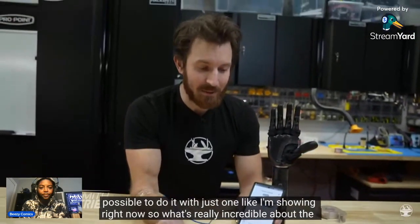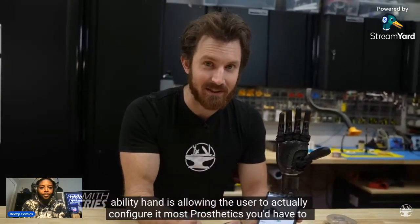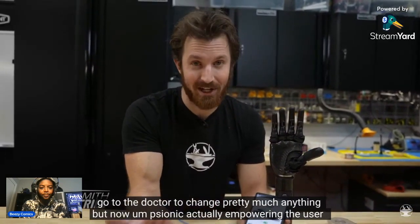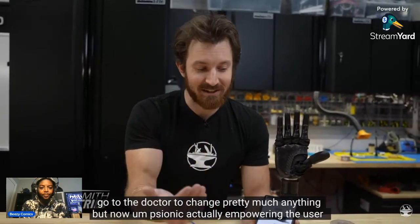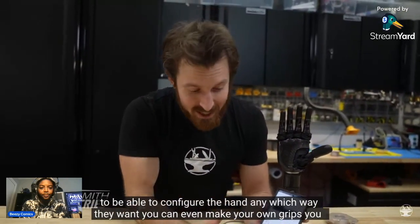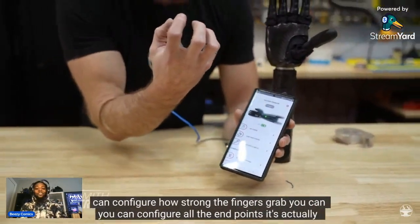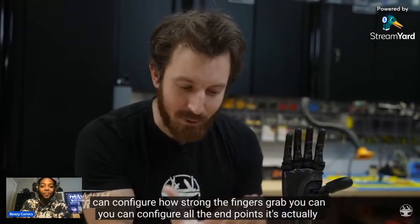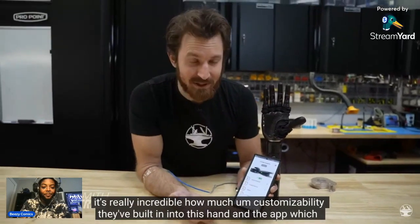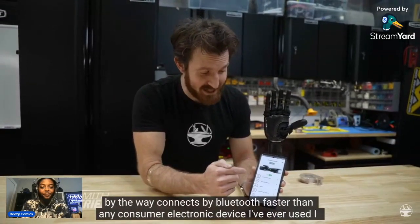So what's really incredible about the Ability Hand is allowing the user to actually configure it. Most prosthetics, you'd have to go to the doctor to change pretty much anything. But now, Bionic's actually empowering the user to be able to configure the hand any which way they want. You can even make your own grips. You can configure how strong the fingers grab. You can configure all the endpoints. It's really incredible how much customizability they've built into this hand and the app, which, by the way, connects by